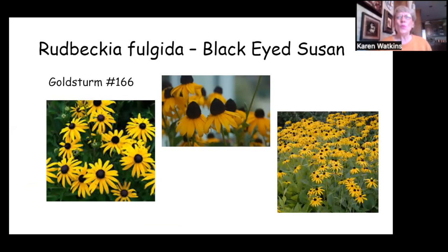Rudbeckia. This is a wonderful plant that many people confuse with the coneflower or the echinacea. However, the easiest way to remember these is that with the Rudbeckia, usually the petals, or the ray flowers, go upward. Now, the one in the center, sometimes they will go down, but the Rudbeckia is known, of course, the Fulgida is our plant that is called the gold stem, black-eyed Susan, and it is one that is